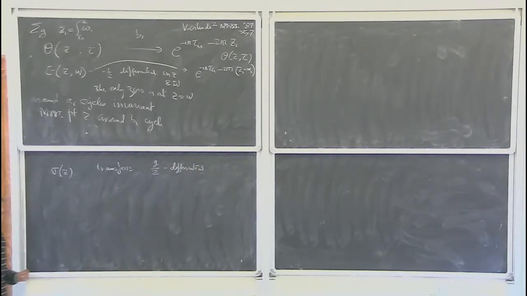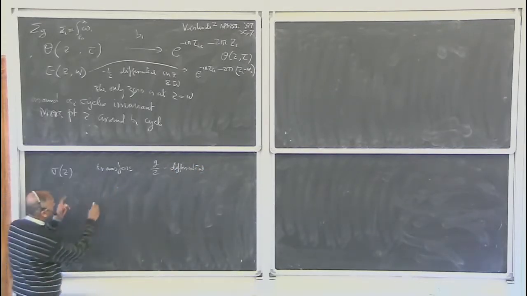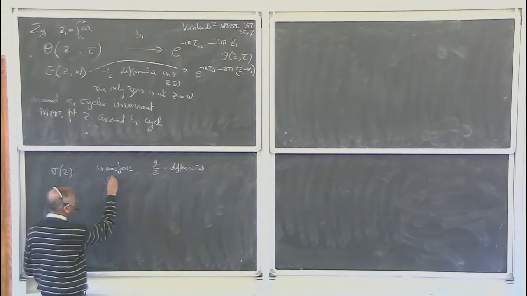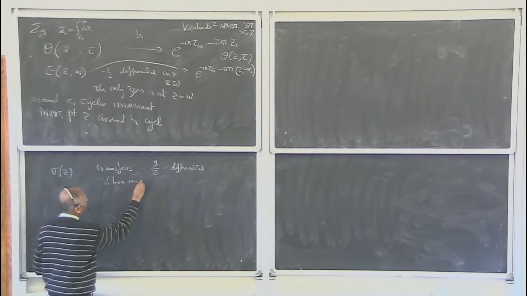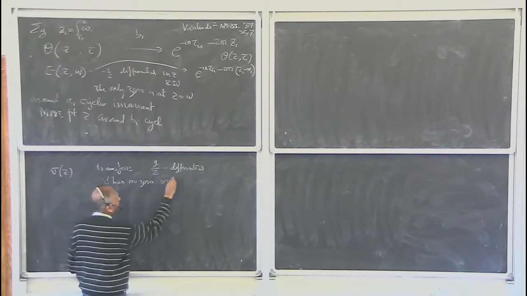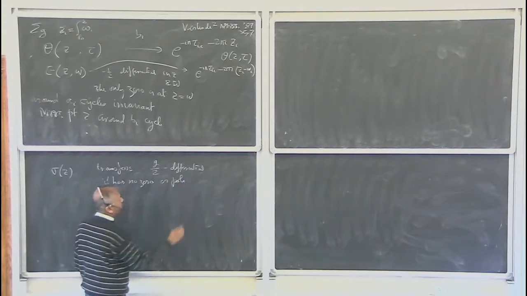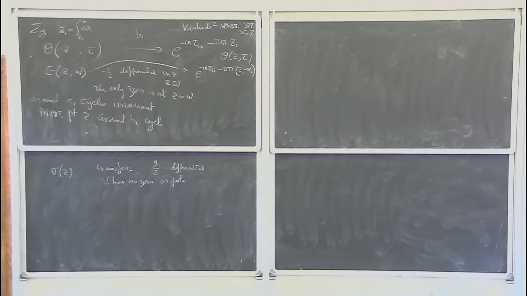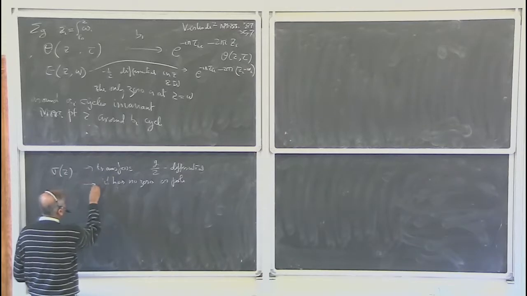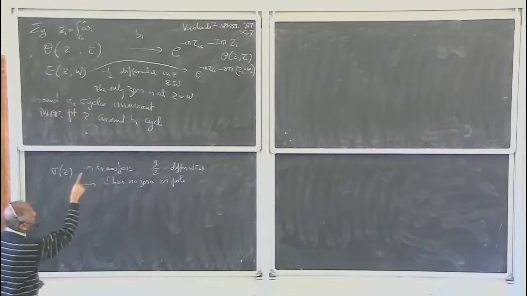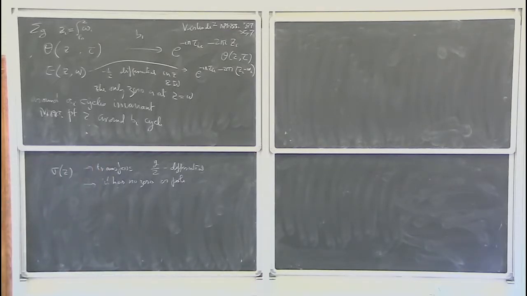Okay, g by 2 differential, and the other property is that it has no zero or pole. So in that sense, it's like a trivial bundle. The divisor is trivial. So these are the two properties, and the transformation properties again: around the A cycle it doesn't change, and around